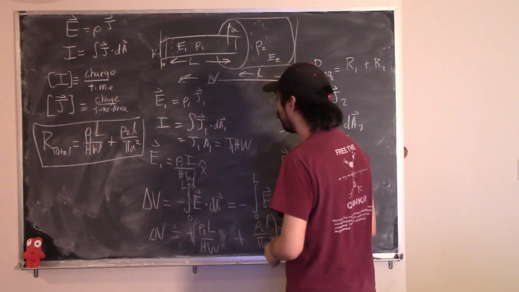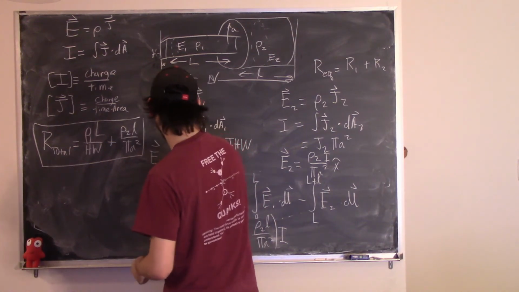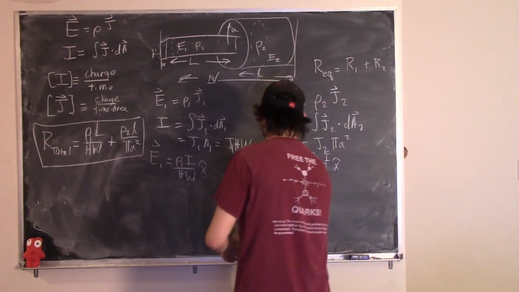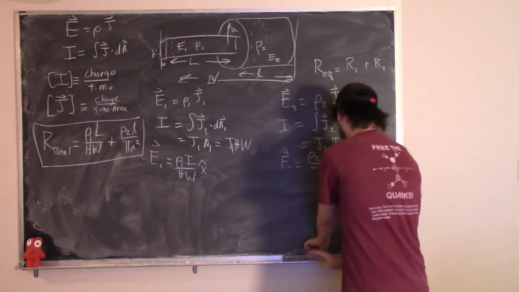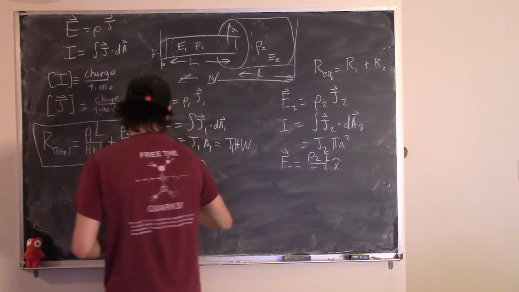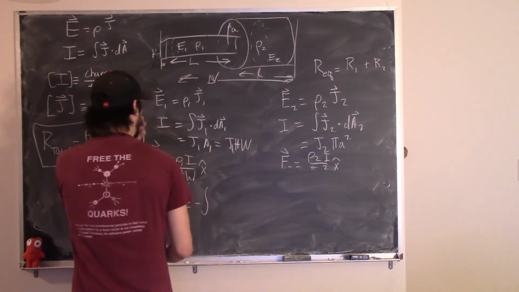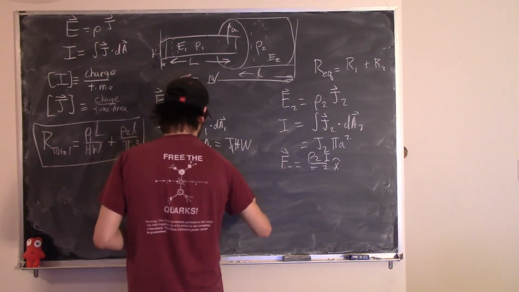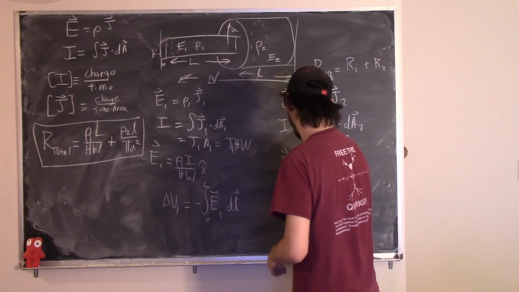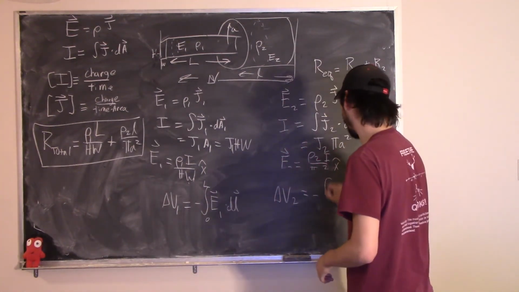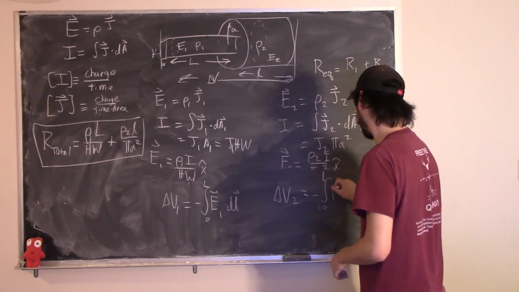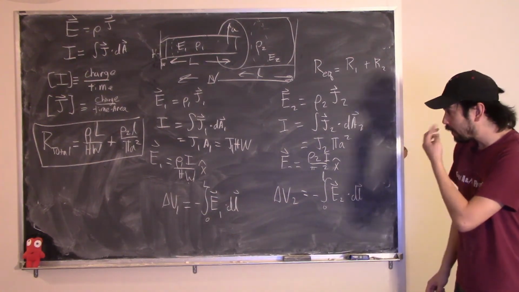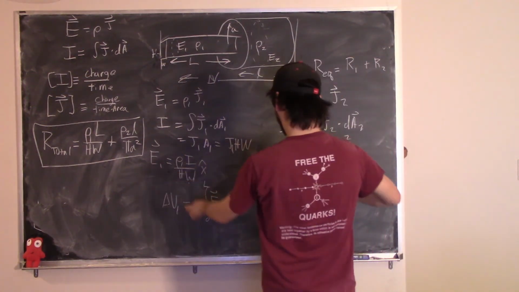Okay. So if we do this individually, I'm going to keep my electric fields because the electric fields are going to be the same. This is just to say that delta V1 is equal to the negative integral from 0 to L of E1 dot dl, and delta V2 is going to be equal to the negative integral from 0 to lowercase l of E2 dot dl. Okay? So when we take these electric fields and then plug them into these integrals,